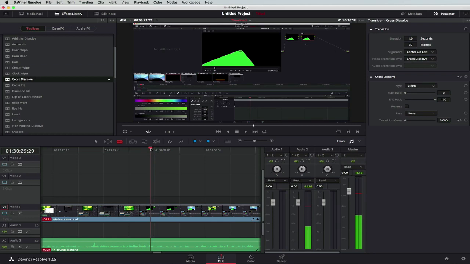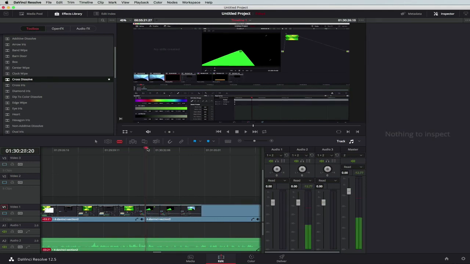Okay. And just on this section here, and this is something you could do right throughout, I'll just cut that there, and this is where I was just drawing the lines. Cut that there,